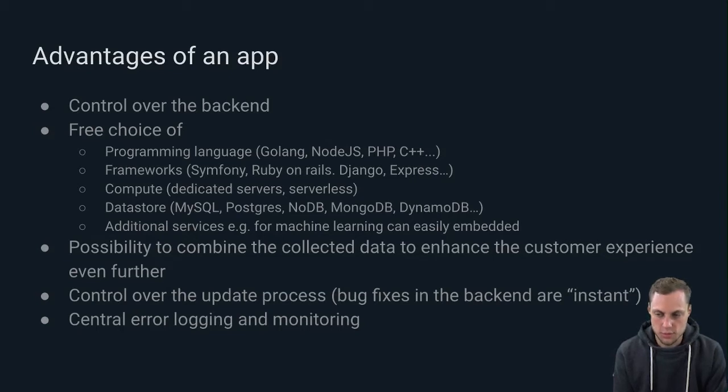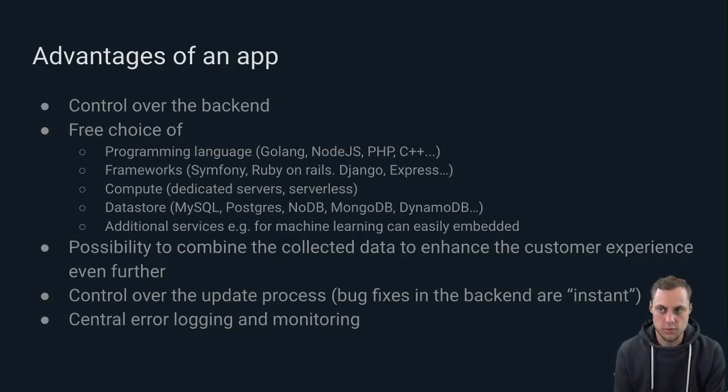And one major factor which I see as a huge benefit is you can easily add additional services. You are not limited to just a programming language and some sort of compute power, but there are powerful services out there which can be easily used via an API or an SDK. So for example, you could use machine learning. You can train your own model and connect that to your backend and offer services that wouldn't be possible as a plugin, because you have to have all the data centralized and you have to use special compute power,